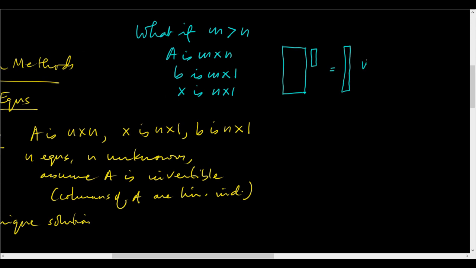There are m equations, n unknowns. This is an overdetermined system. We have more equations than unknowns, and in general there is no x